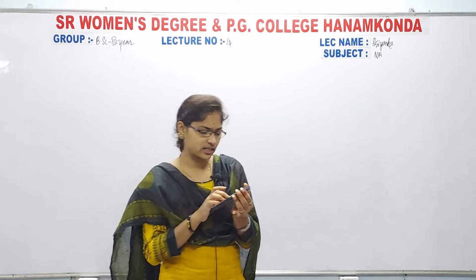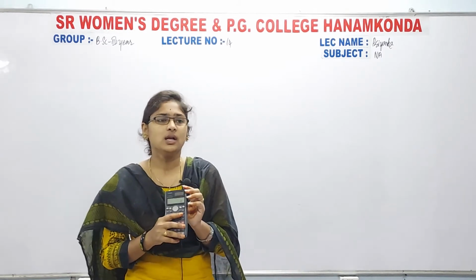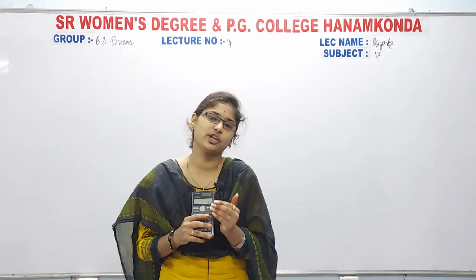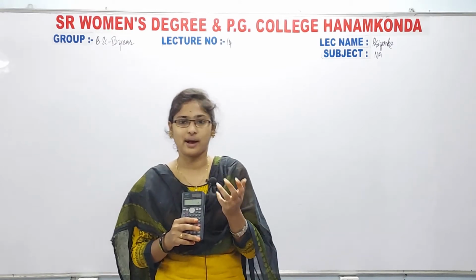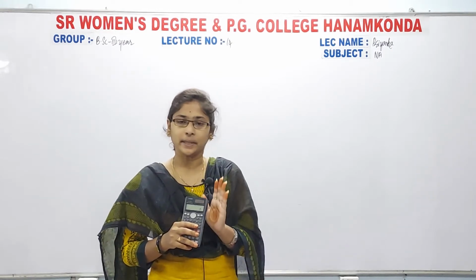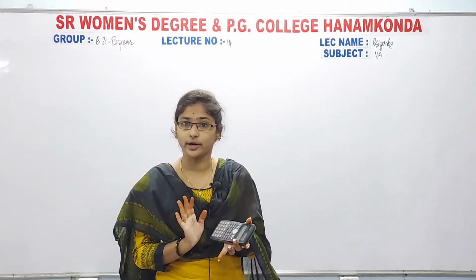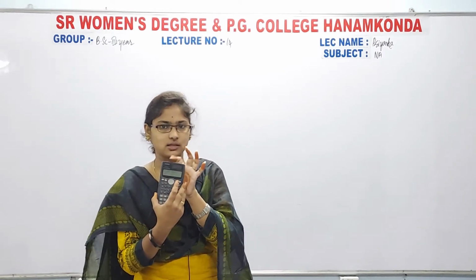And here, see, girls, you will get doubts. When we are calculating the trigonometric function, at that time I said that you have to keep your calci in radians. So now you will get the doubt how to change the calci values from degrees to radians, radians to degrees, right? So for that, what you have to do is simply, first of all, press on, okay? So the next mode, okay? So just click on mode, then you will get some options, and if your calci is in this type, then again press.